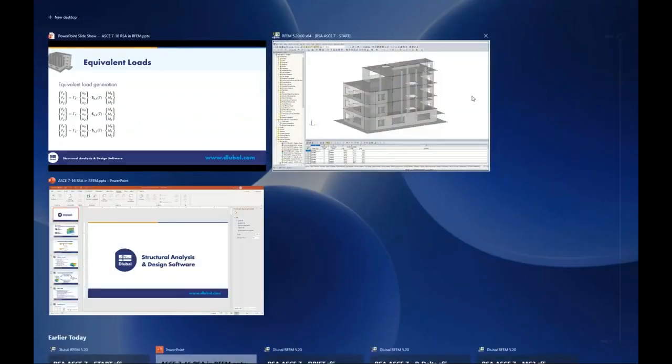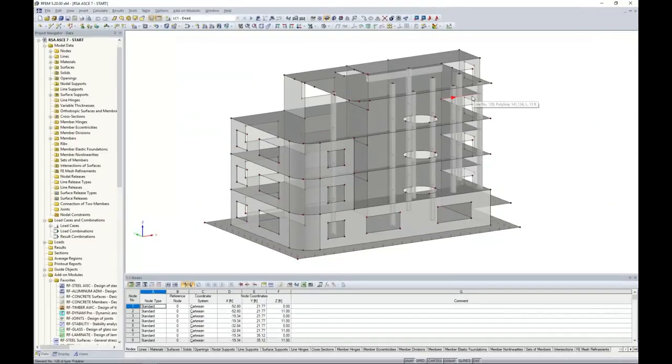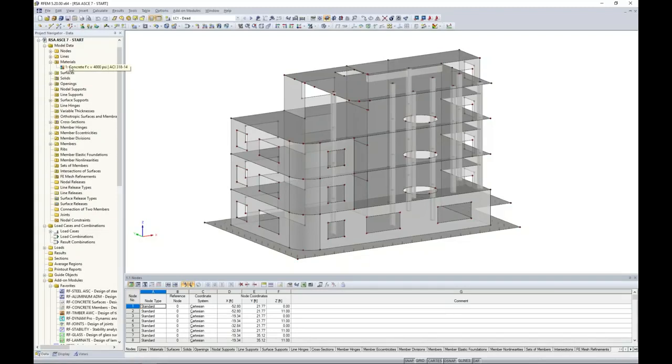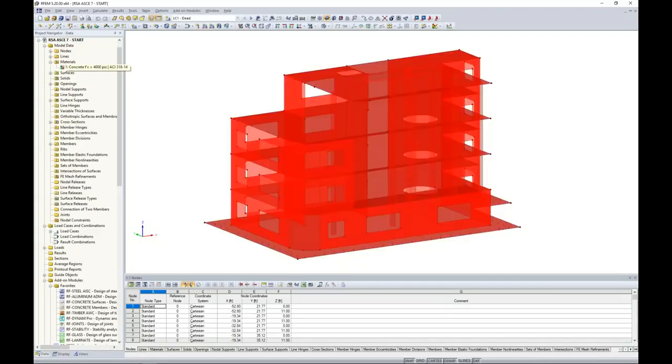So with that said, we will jump into our first example today within RFEM. For the sake of time, I went ahead and modeled our concrete structure here in our main program, RFEM. So we can see over on the left-hand side is our project navigator. And because our model is already available to us here, we can view all of our input data over on the left-hand side. So for example, I can view all of my materials,